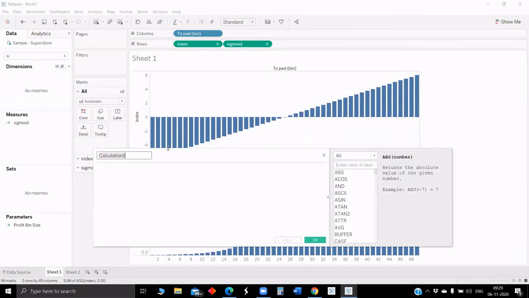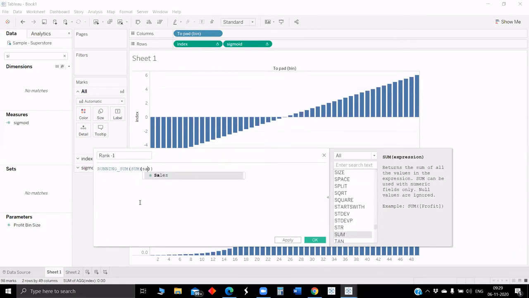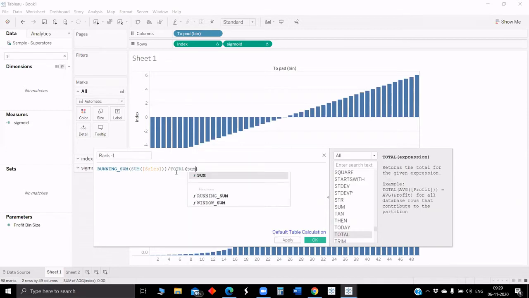So rank. Running sum of sales by total sum of sales.